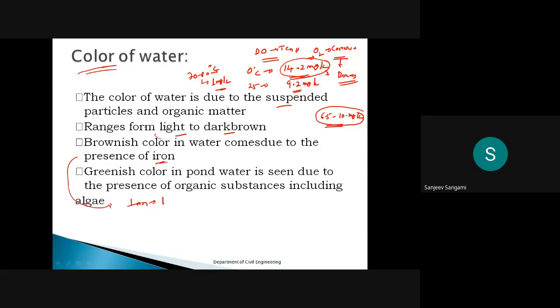Iron, that is Fe, is good for our body. But along with this, it should not be present, because iron is very important. It will increase the Hb content, hemoglobin, in our body. If iron deficiency is there,